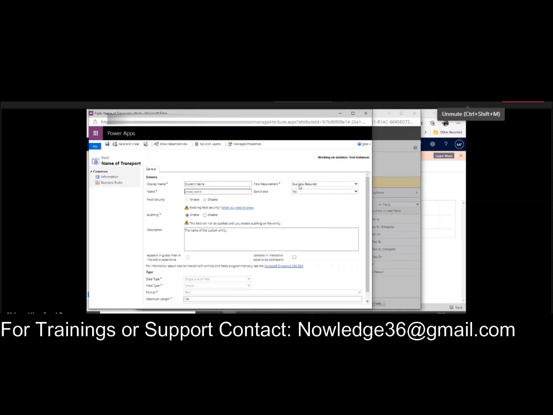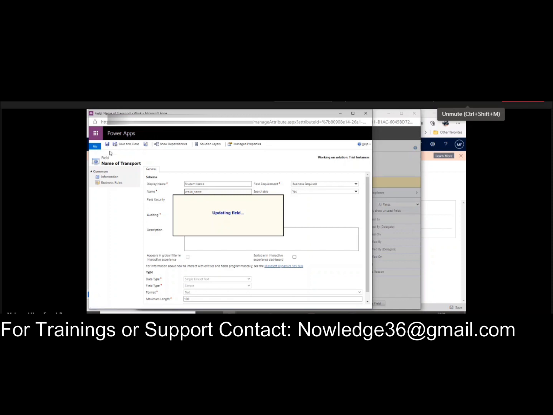One is business required, another is business recommended, another one is optional. Business required will show the red color multiplication symbol. In case you select business recommended, it will show the blue color plus symbol. In case you select optional, based on your wish, you will select or unselect. Now I am giving the business required.